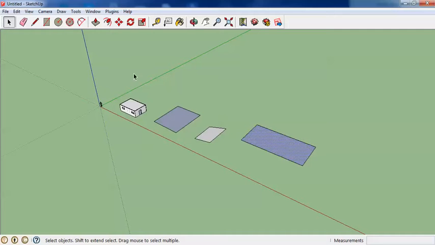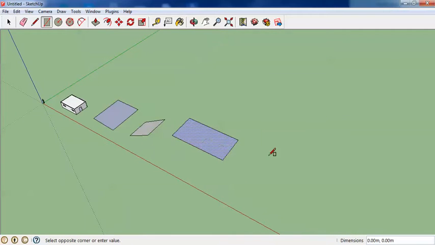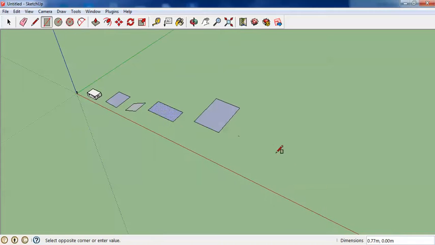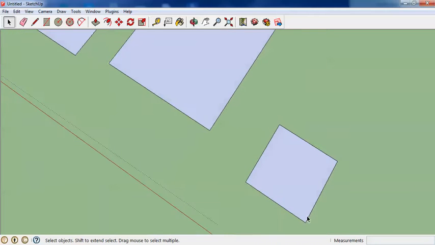Now just in case you want to form a rectangle, it's very easy. You can do it directly with the rectangle tool. And here we have the rectangle. You can make the rectangle of any shape and size. And if you want any specific size, you can again type the data in the dimension box, or you can just click at one point, taking it as a base, and then put the data 20 meter by 20 meter, comma 20. When you enter, there you have it, the 20 meter by 20 meter box